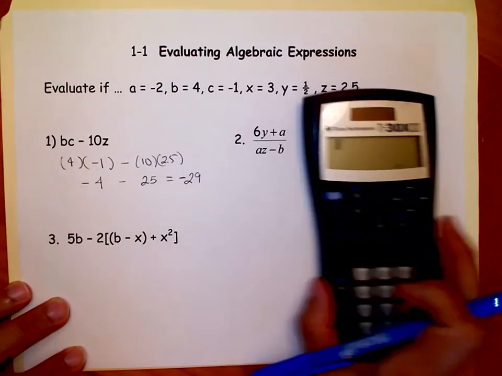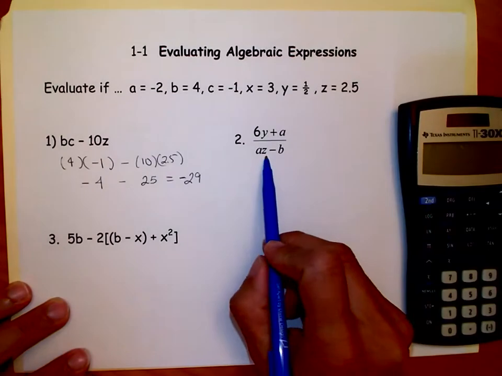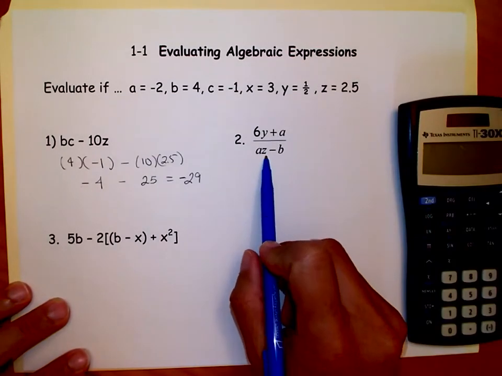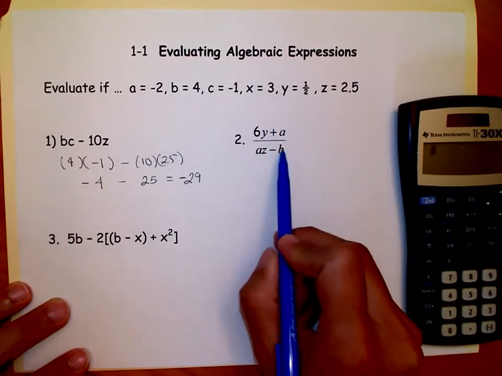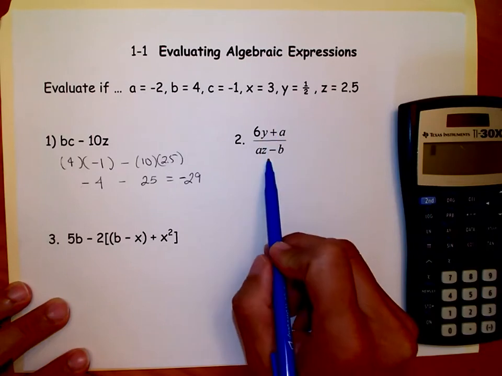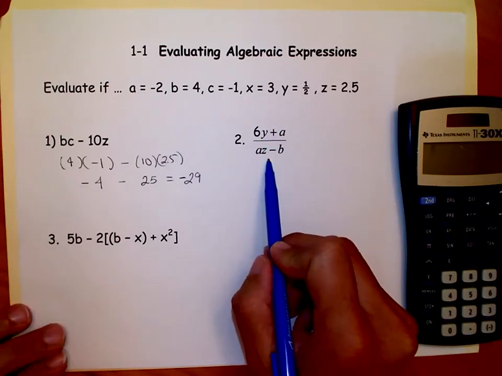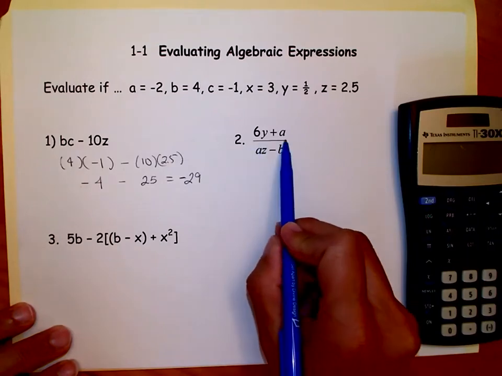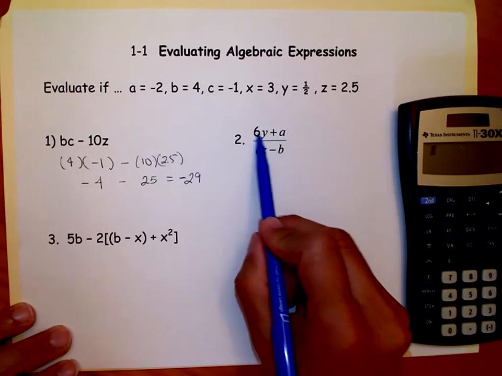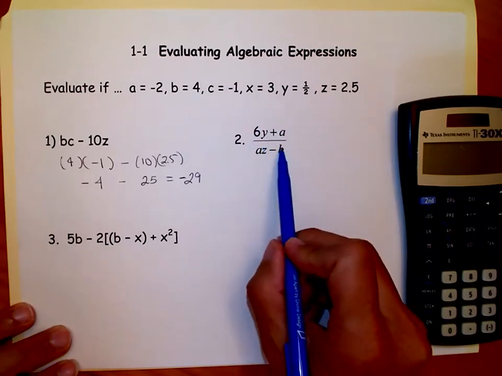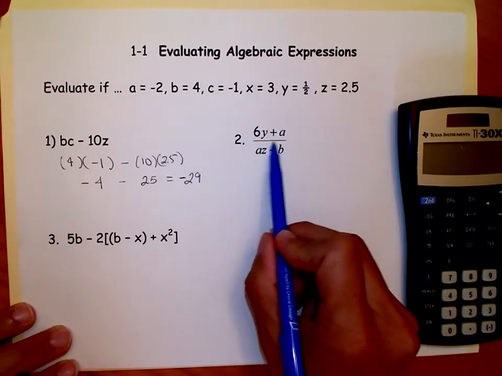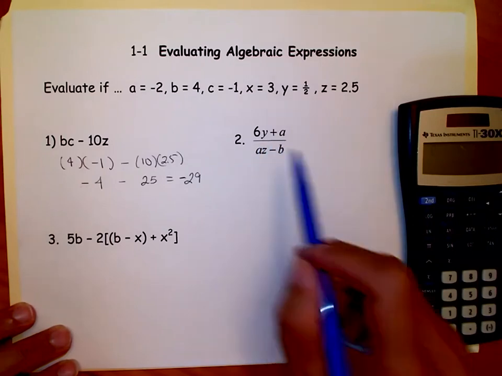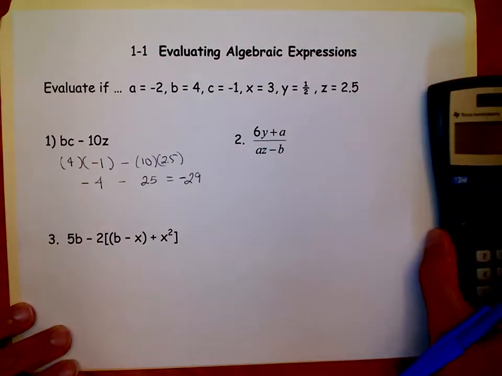Okay, moving on. Now remember order of operations, and a lot of people forget that the top and the bottom of the fraction, the numerator and the denominator, are considered like a parenthesis. Remember, we always do parentheses first. The fraction line is a divide sign. So we have to finish the entire numerator, simplify it, the entire denominator before we divide. And we might not be able to divide, it might just be simplified as a fraction, but keep that in mind.